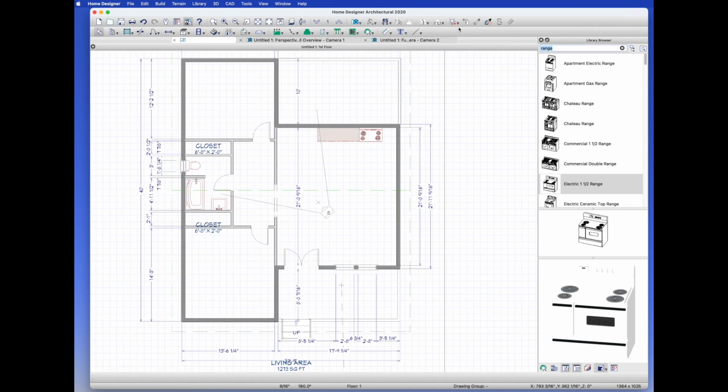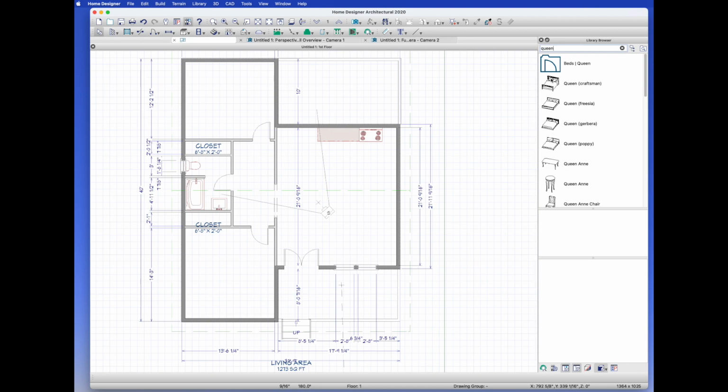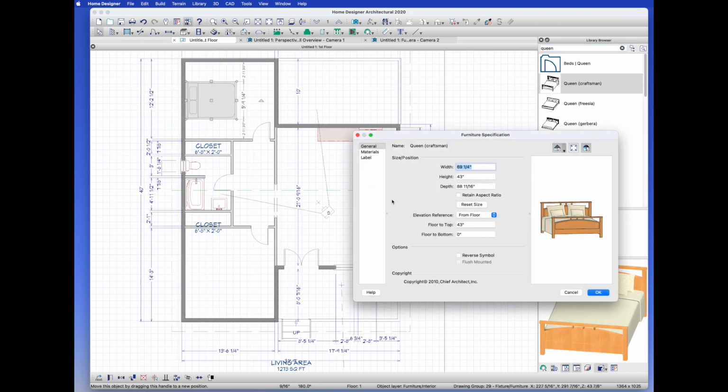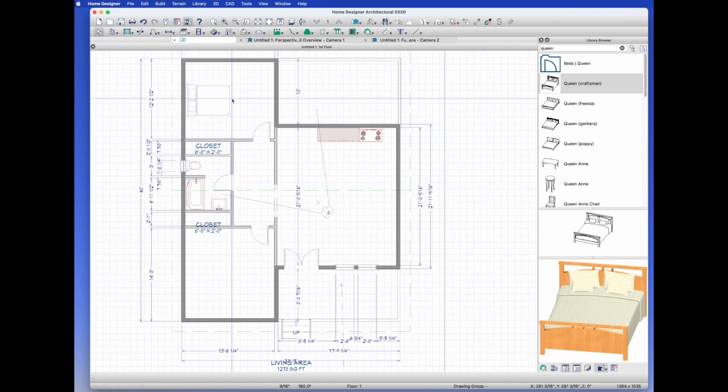beds. One thing I've noticed about the beds is they're usually a weird size. They seem enormous. So I drop it, and most queen size beds that I've ever been in are 60 inches wide, not 69 inches wide. And I think they're usually around 80 inches long, so it shrinks it down, and you can verify those sizes, but in my memory,